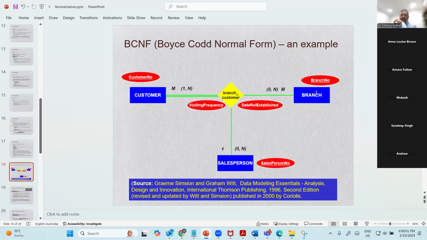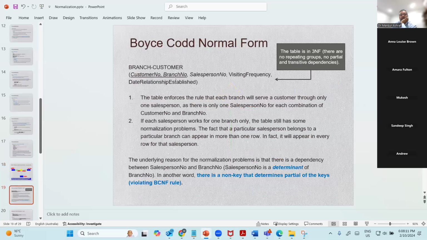So this customer ID and branch ID will come, only these two, not the one side. They will work as a primary key here, customer ID and branch ID. What is mentioned here is salesperson and visiting frequency. If I make it a primary key, then another salesperson can be with me, but the rule says that there is only one salesperson for each customer in a particular branch. So if we do that, what can happen is that